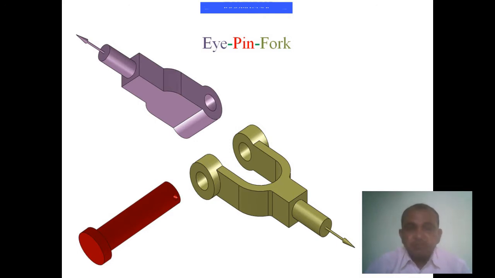For the purpose of the stress analysis of the knuckle joints, various assumptions are required. These assumptions are based on the forces on the pin, and the forces on the eye and the fork being equal, with opposite reactions of forces acting on the fork end as well as the eye end.